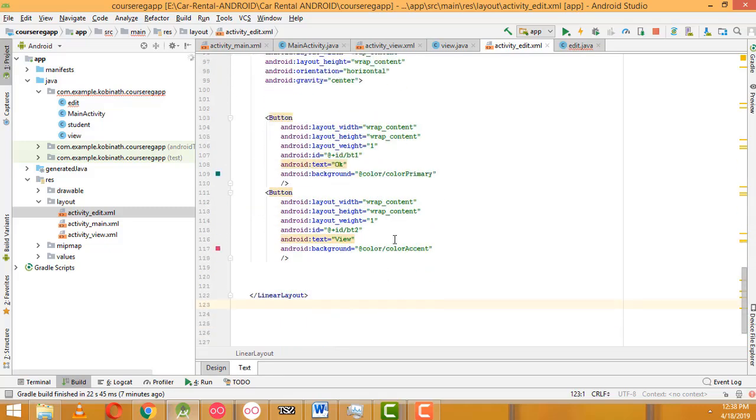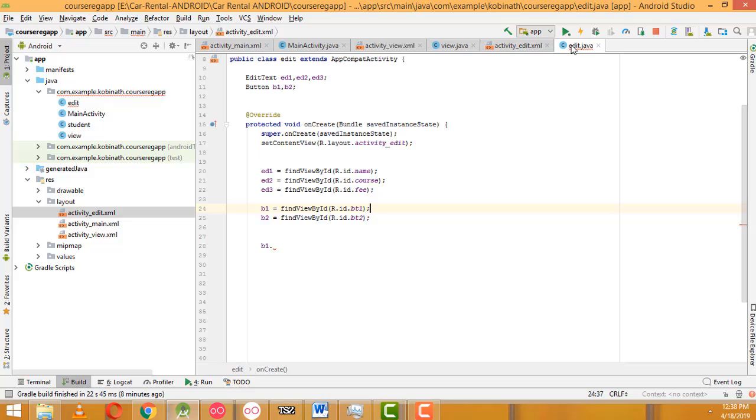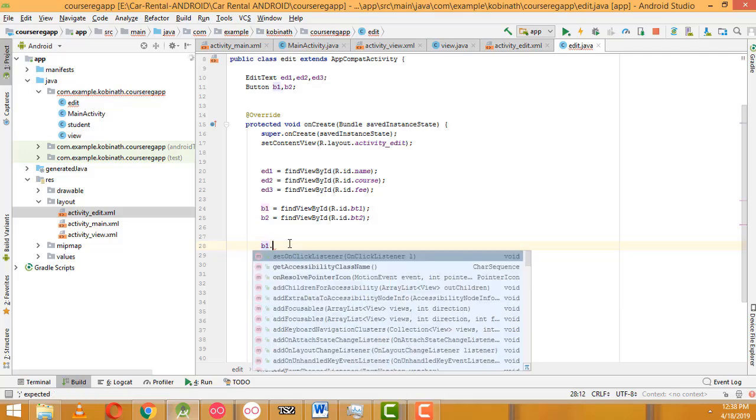One is here, this one should be edit. This one should be delete. We have two buttons, right? Okay, edit, delete, right? Now here, what I'm going to do is the first button, b1 dot